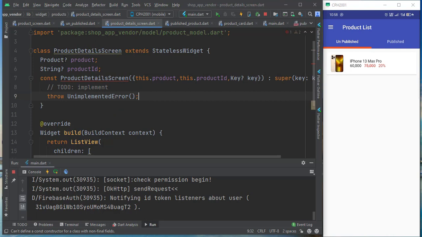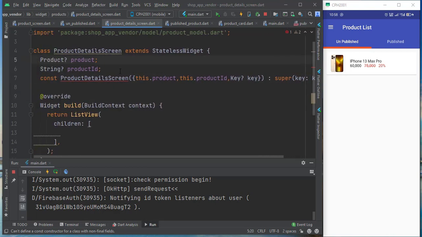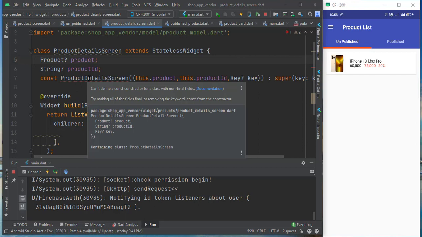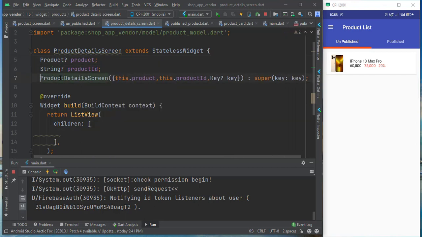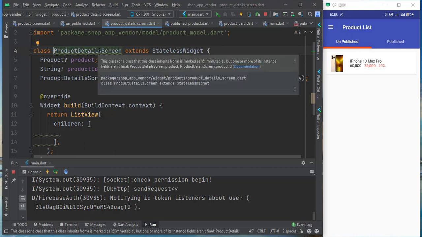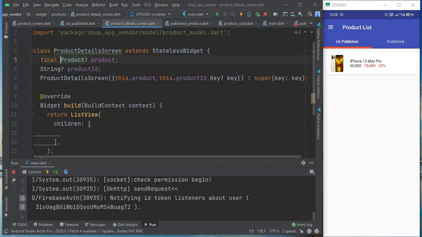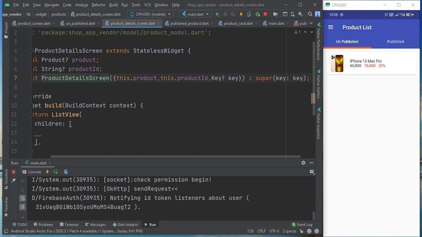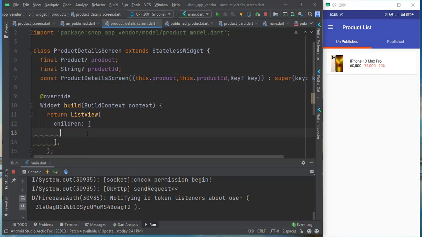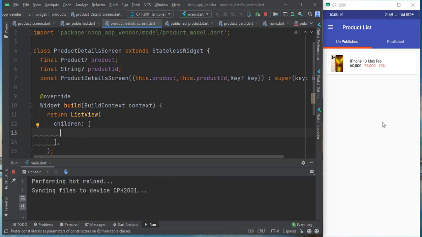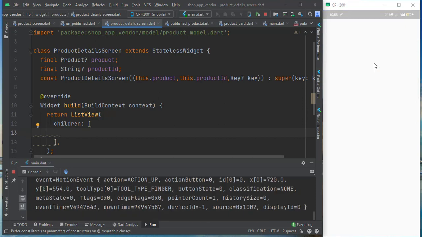What is this, convert to block body? No, that is not the issue. Remove the const. Okay, then again here it's asking, because you can make it final, and this one now it's asking for a const. Now it will be okay. Now you have all the details inside this product. Okay, now let's see how this one works. Now I press here, it directly goes to the product details screen. Okay, this list view,